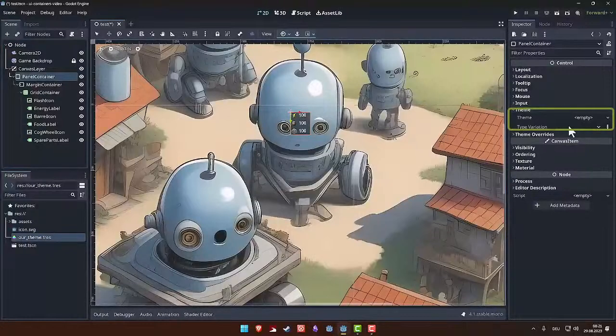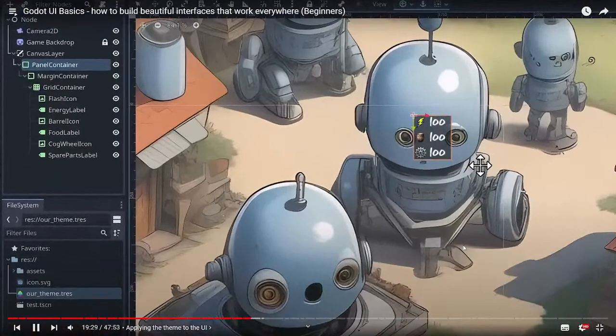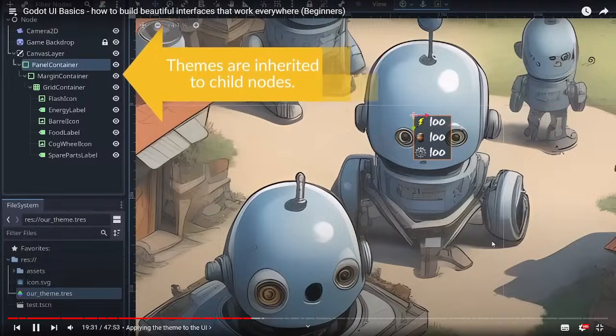So I put it in here. And you can see that all the labels now change. And that is because if you set a theme here,